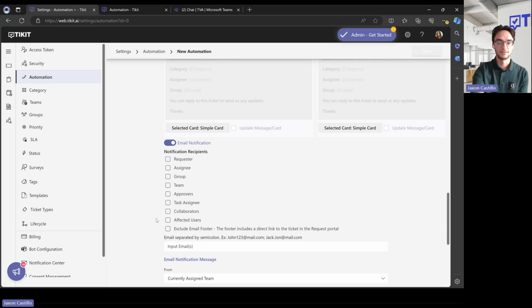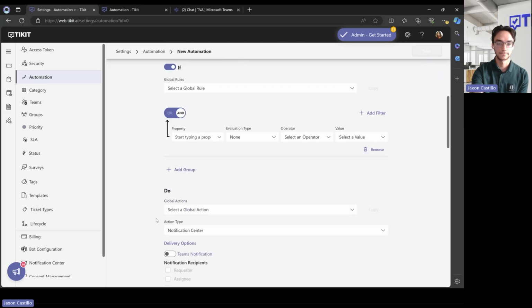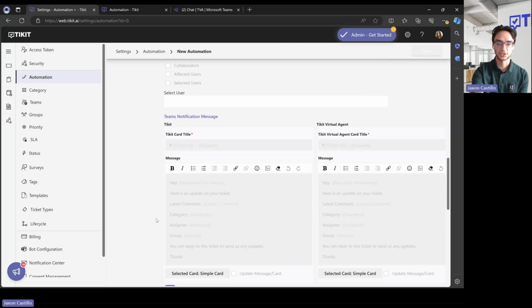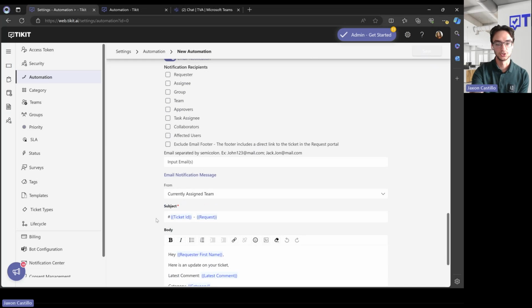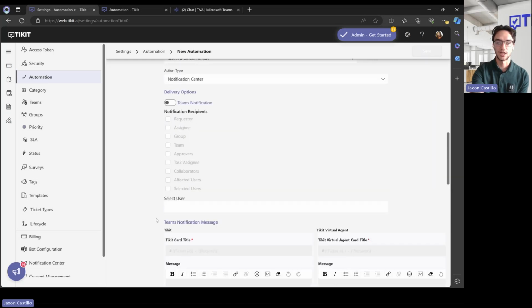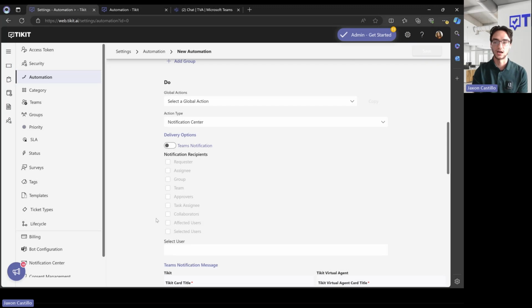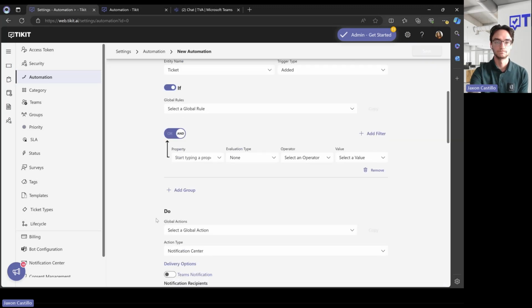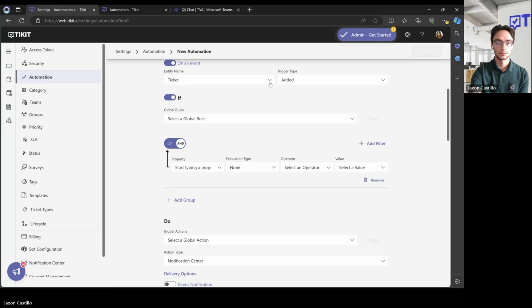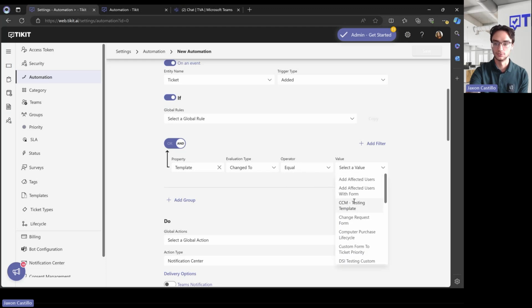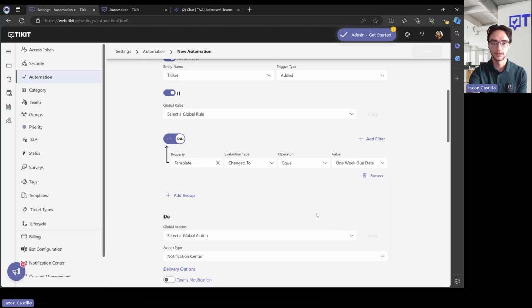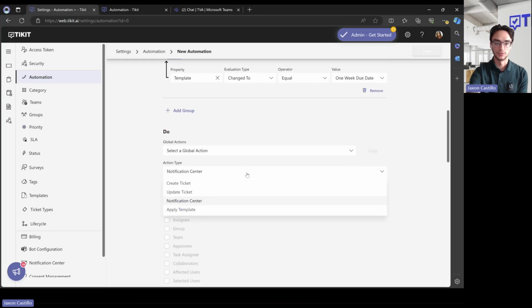But yes, if you have a template, you may have to actually do 2 automations regarding that, because you can't apply a template and do a notification center at the same time. So you could say, let's think about this on the fly really quickly. If template change to equal, you could set it to our 1 week due date template. If that, then you can do